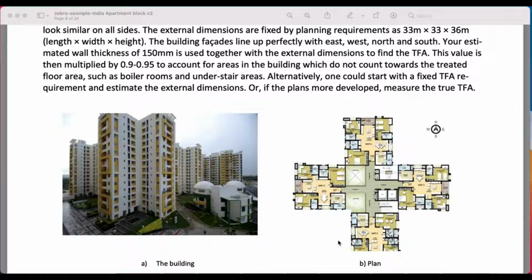On the right, you can see the plan of the building, and you can see there's 4 interlinked accommodation towers together with this central lobby area. And in this piece of work, we're going to largely treat the center lobby area as not part of the building at all. So it's not going to be part of the treated floor area. And we are going to study a situation where we believe the temperature inside that central lobby is very similar to the outside, and also when it's distinctly different.